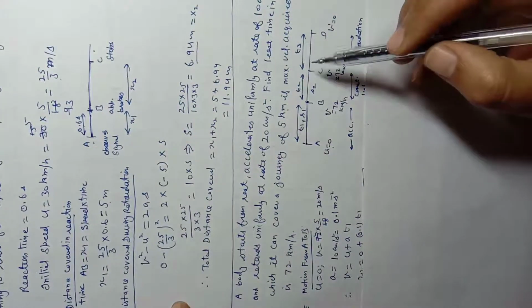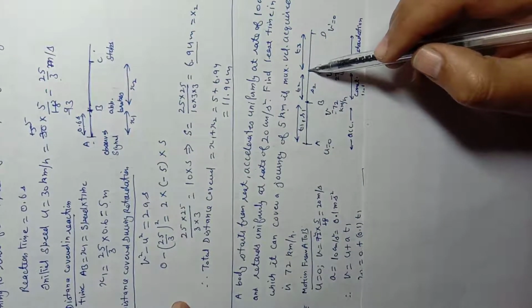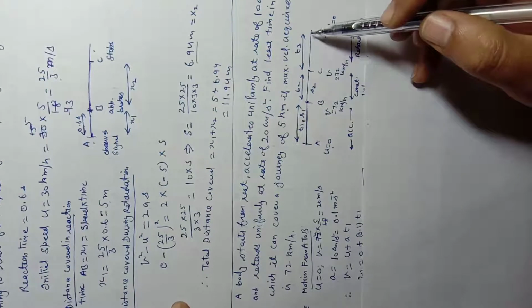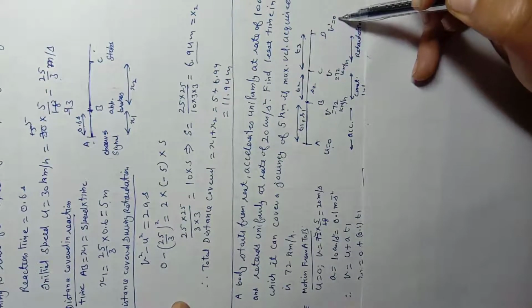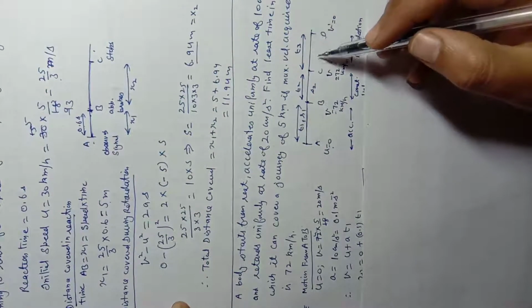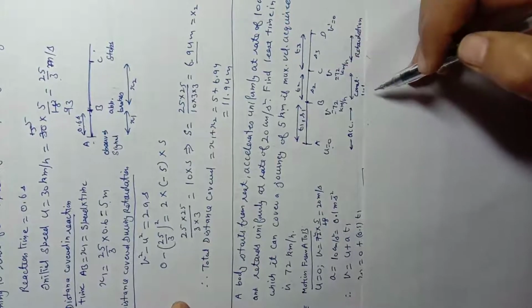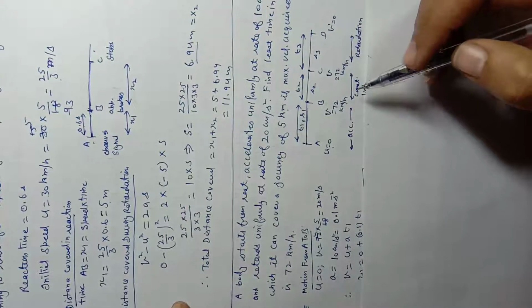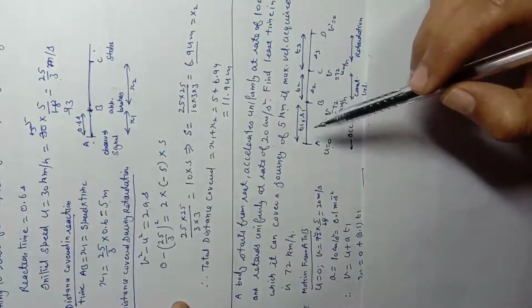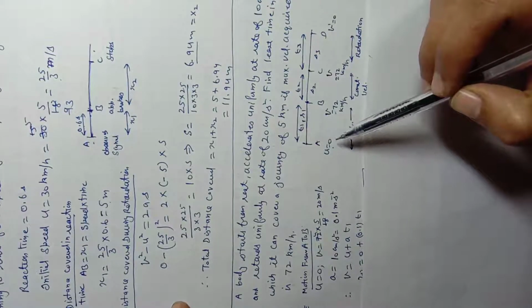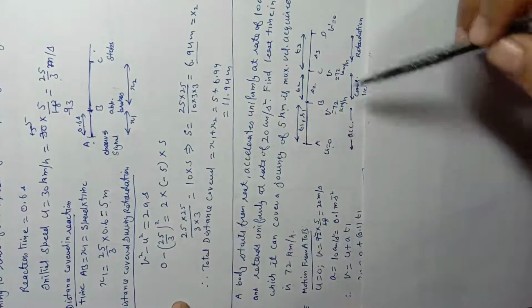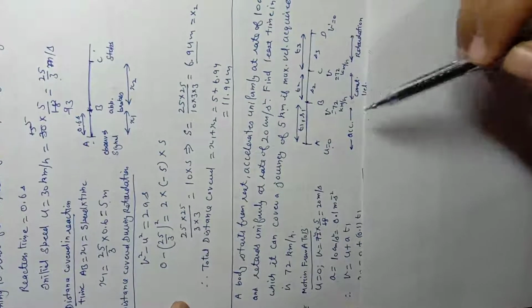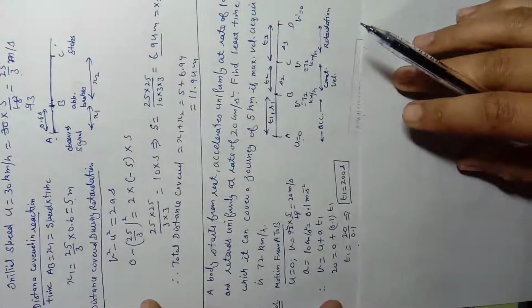And finally, the retardation takes place at the point C till the body reaches point D, where the final velocity is 0, the time taken is t3, and let the distance covered in this interval be s3. So we are going to find one by one the time and the displacement in part AB and then part CD. Then we will go to part B to C. So motion from A to B.